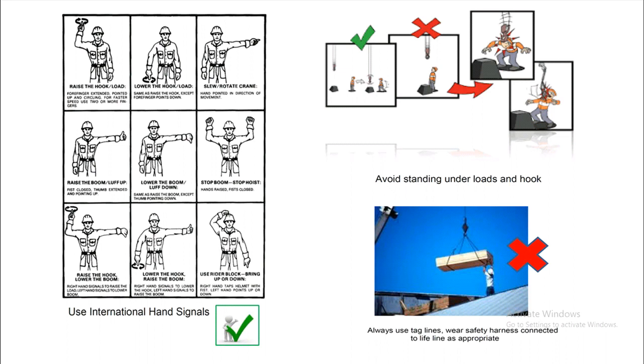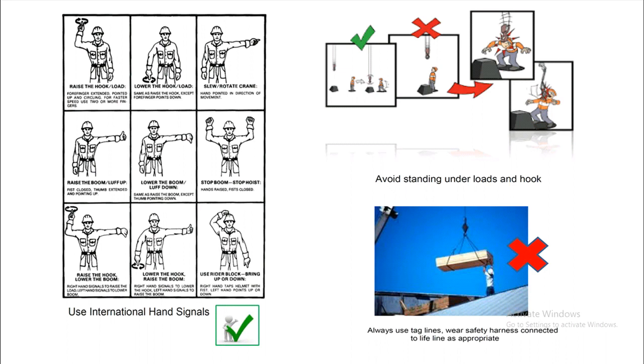Raise the boom at the same time. If the hand signal is on the right, that means the rig is going to the left direction, the left of the operator. Raise the boom,